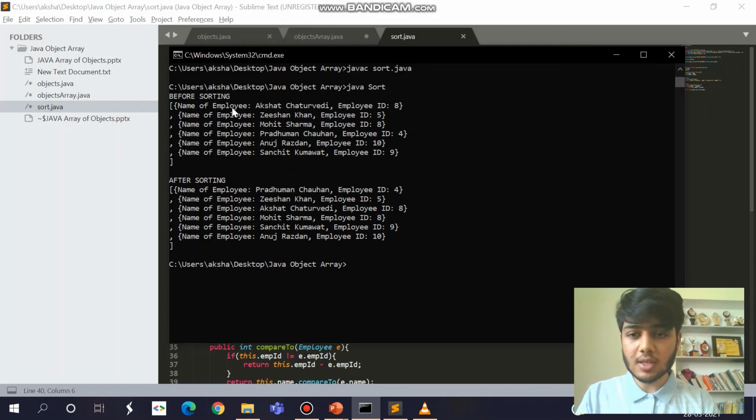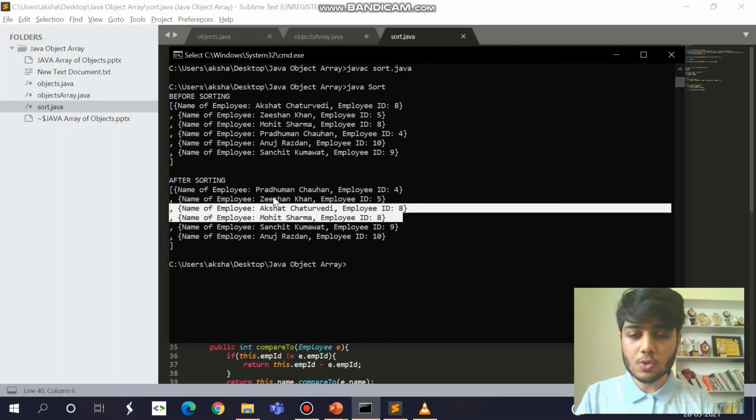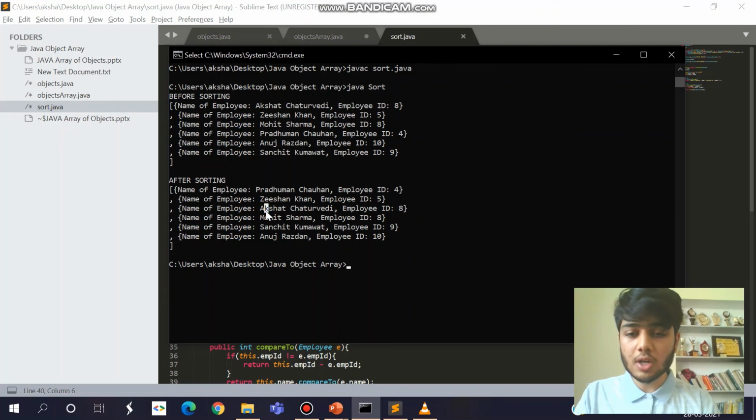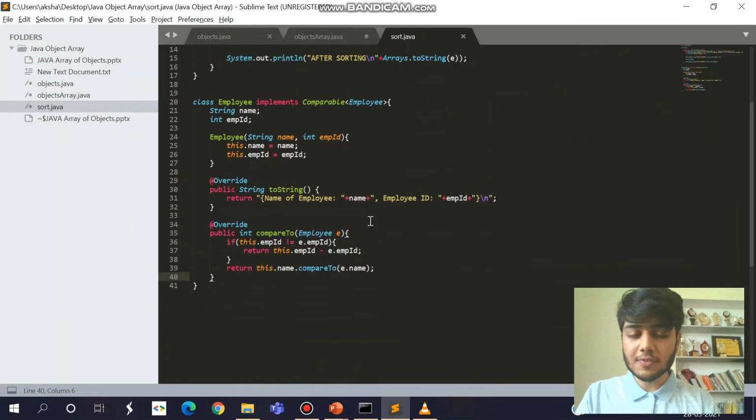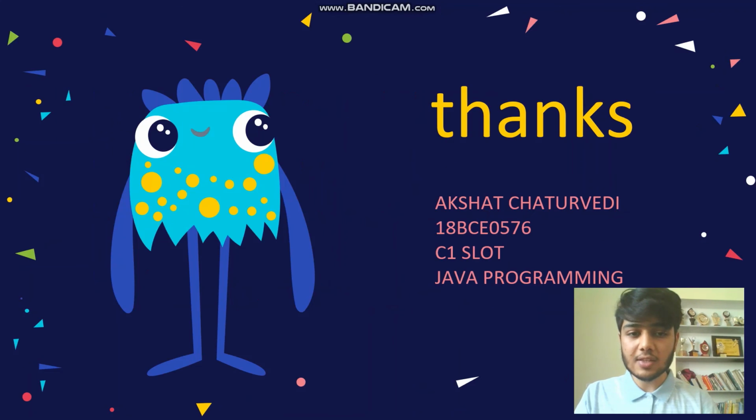It is randomly populated initially, and after sorting it has been sorted based on the employee ID. One more thing is that if employees have the same employee ID, like in these two rows, it will sort according to the first letter of the name, like Akshat and Mohit. A comes first. In this way, we can use some functions with a Java array as well.